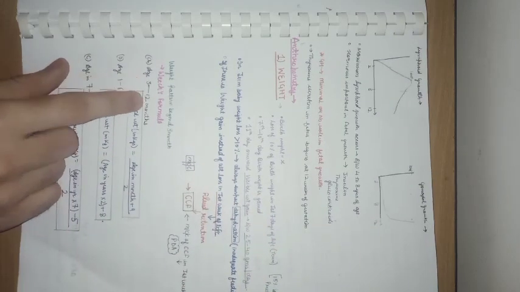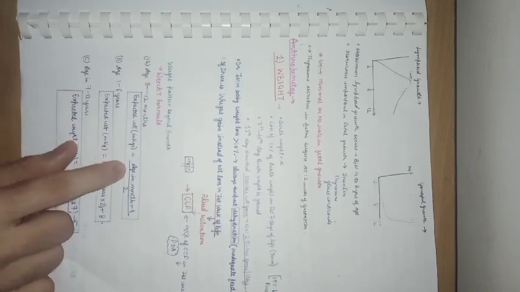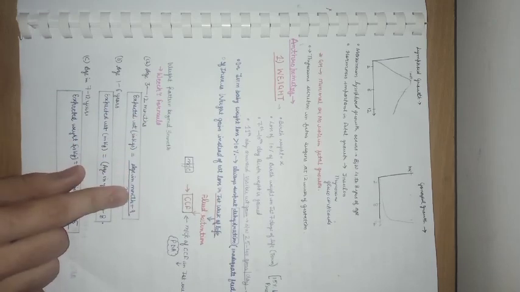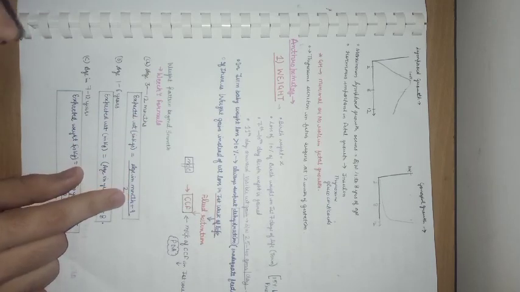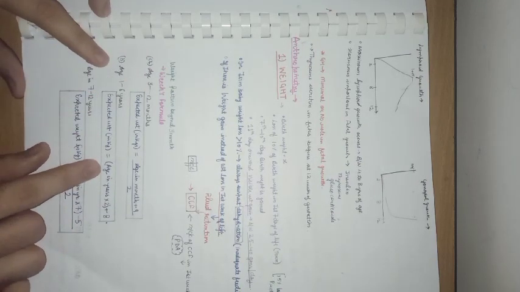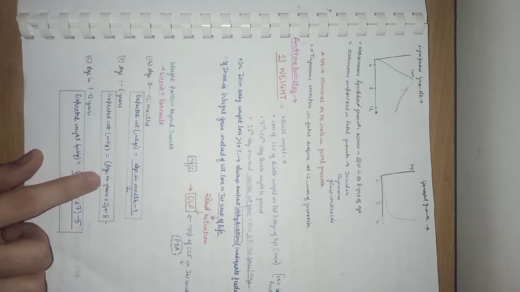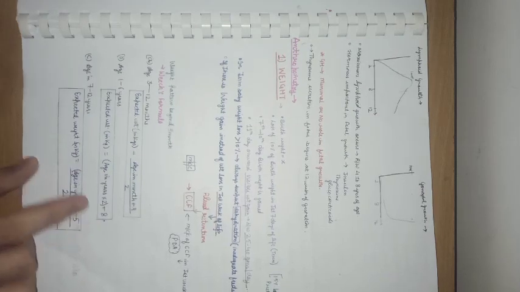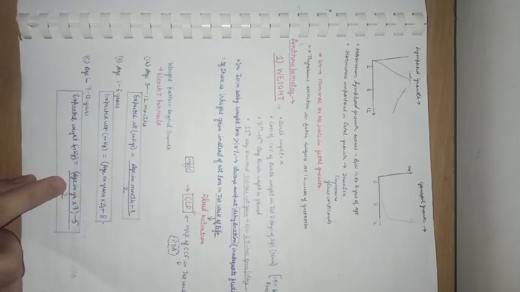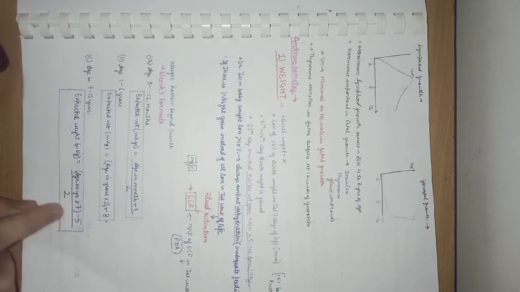For 3 to 12 months of age, we use the formula: age in months plus 9, divided by 2. For 1 to 6 years, expected weight is age in years multiplied by 2, plus 8. For 7 to 12 years of age, expected weight is age in years multiplied by 7, divided by 2, minus 5. Now comes the Rule of Thumb formula.